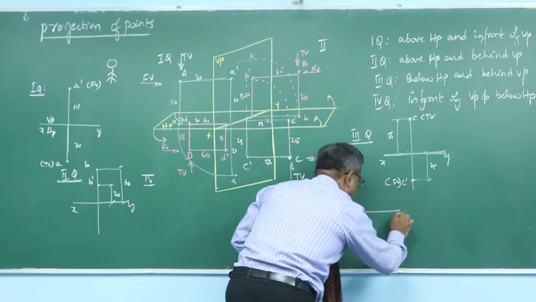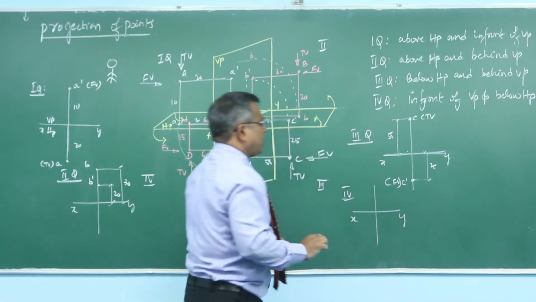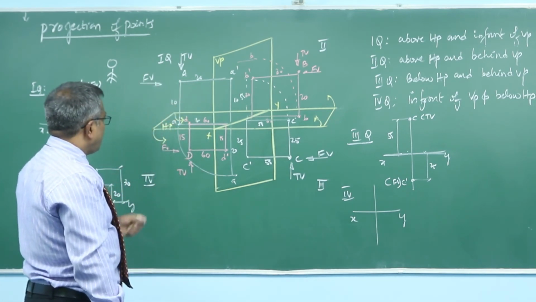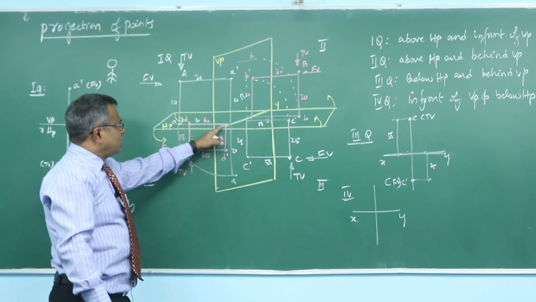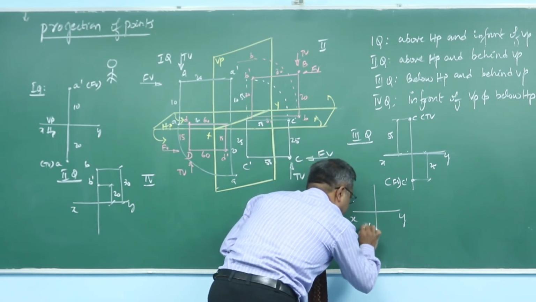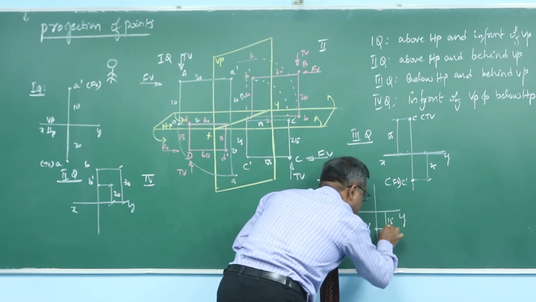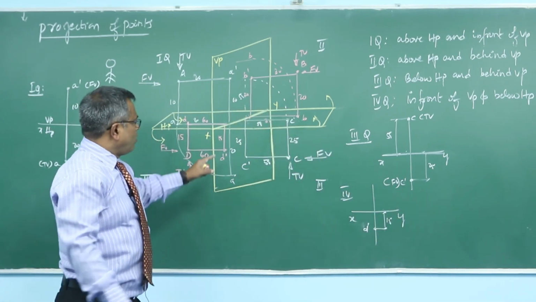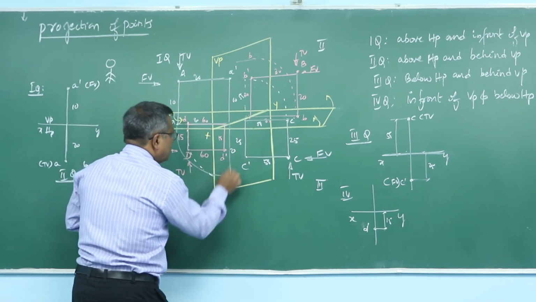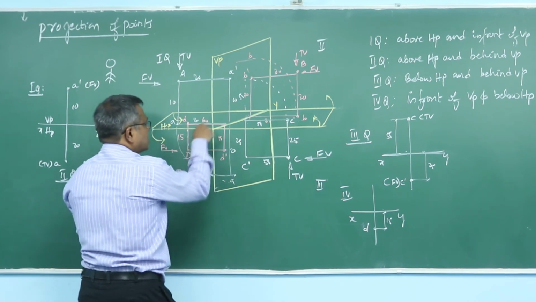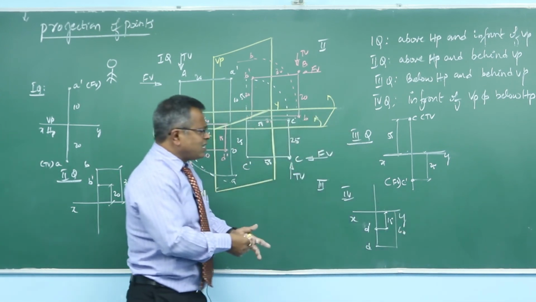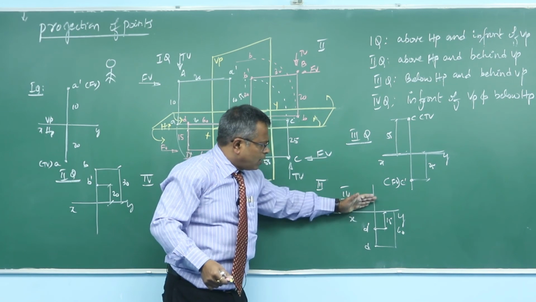So now, listen here, in case of the fourth quadrant, how can we draw the projection, called 2D drafting? You draw an XY line with medium pressure. On this XY line, you have to draw a thin projector. Now I have to mark D dash, called front view, at a distance of 15 millimeter below the XY line. What about the top view? When you again rotate the top view of the point D through 90 degrees, D comes below the XY line at a distance of 60 millimeter. So in case of the fourth quadrant, both the front view and top view lie below the XY line.